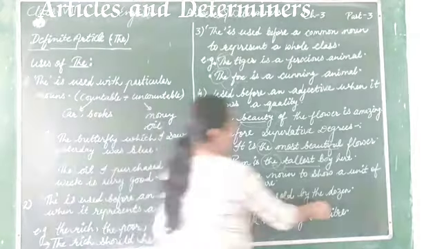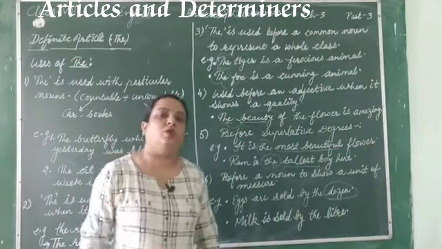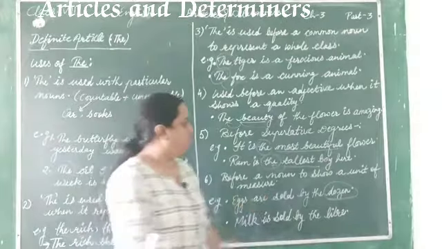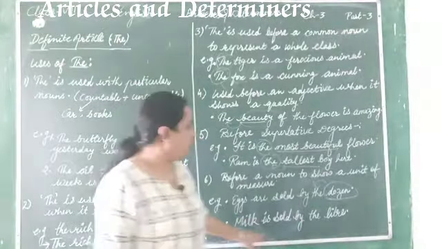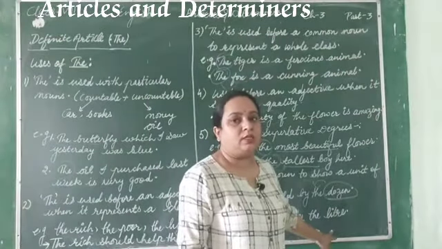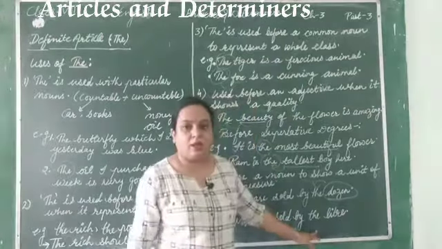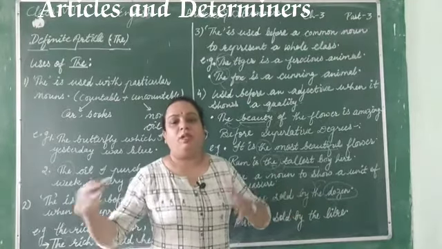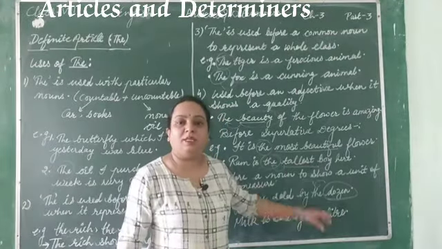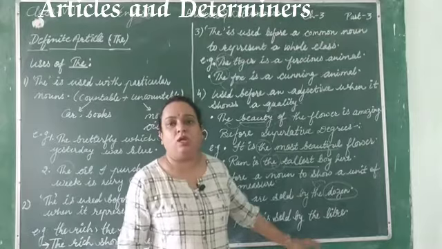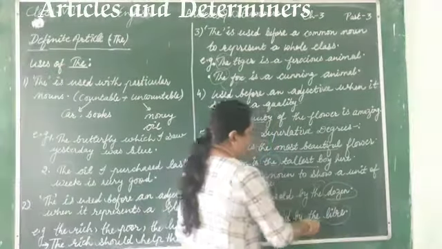Eggs are sold by the dozen. Now what is the unit here? Dozen is the unit. How many pieces are there in one dozen? 12, right? So what have I used here? The, with that. Second thing, milk is sold by the liter, right? And liter is a unit of measurement. Every day you get milk, and how does your milkman give it to you? By the liter, right? So the measurement scale for milk is what? Liter. So what have I used here? Liter is the measurement unit, and before that I have used